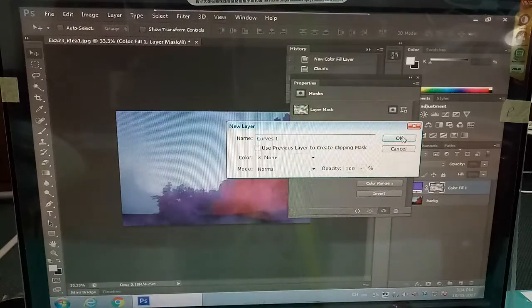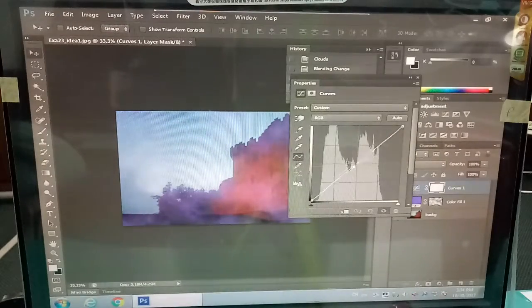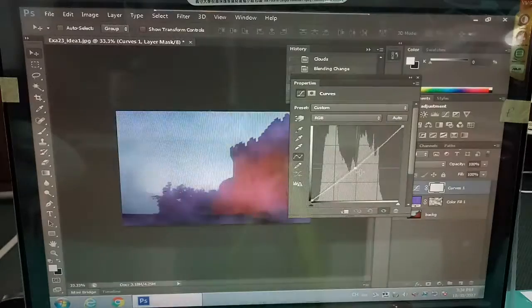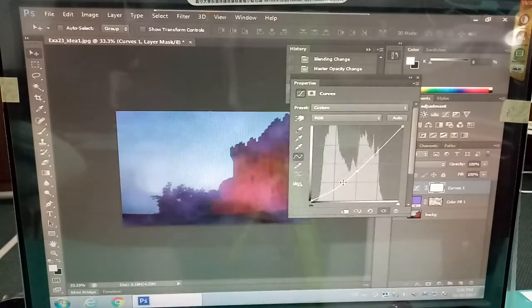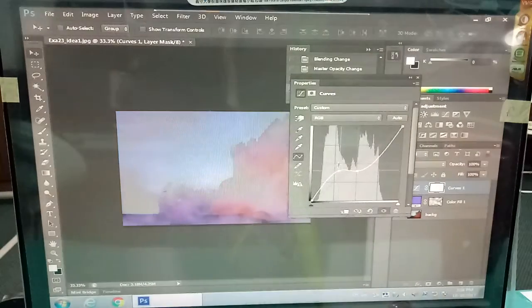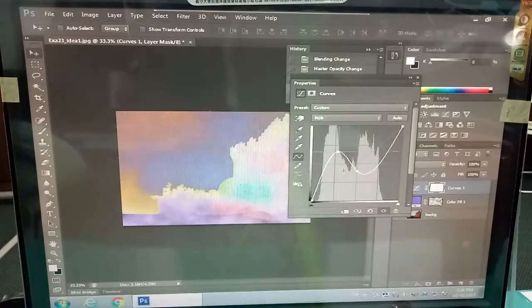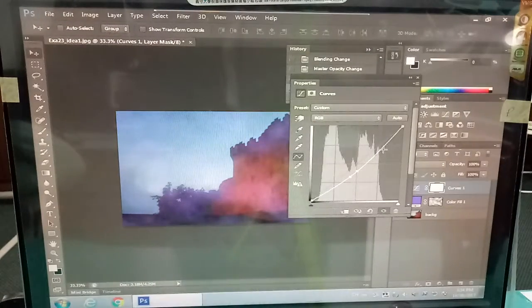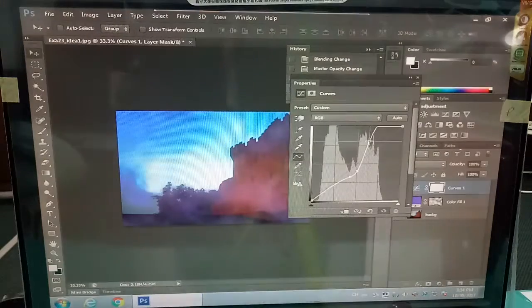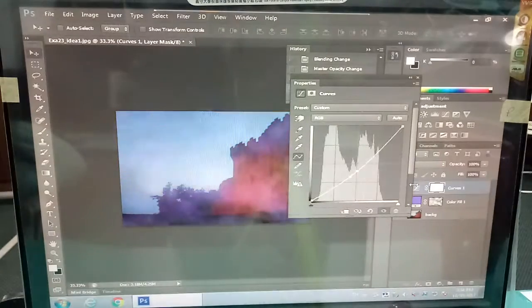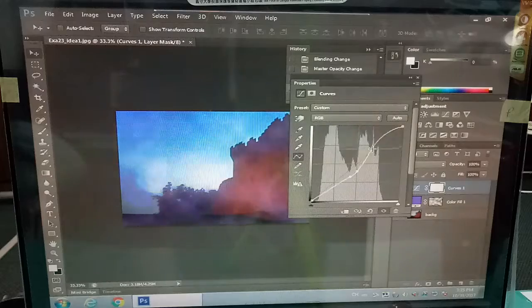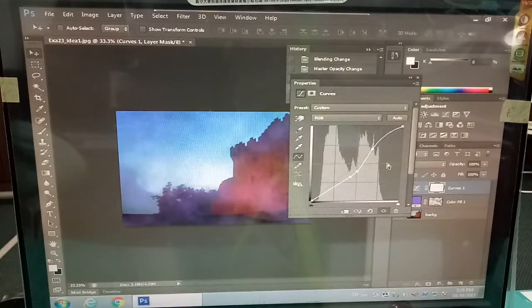Once we have the curve, we can move the curve up or down, or we can add new dots and have different kinds of arrangement of the curve. So you can try to do whatever you like. And if you don't like the dots, you can just drag and drop. Okay, so once you have done it, you establish a folder,